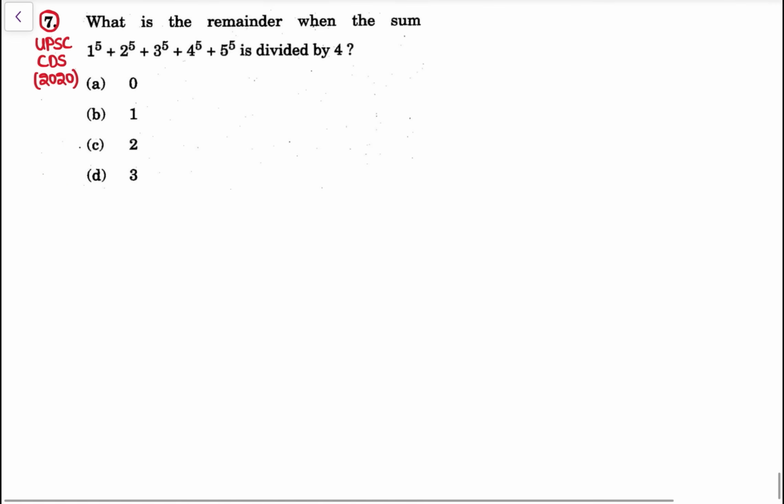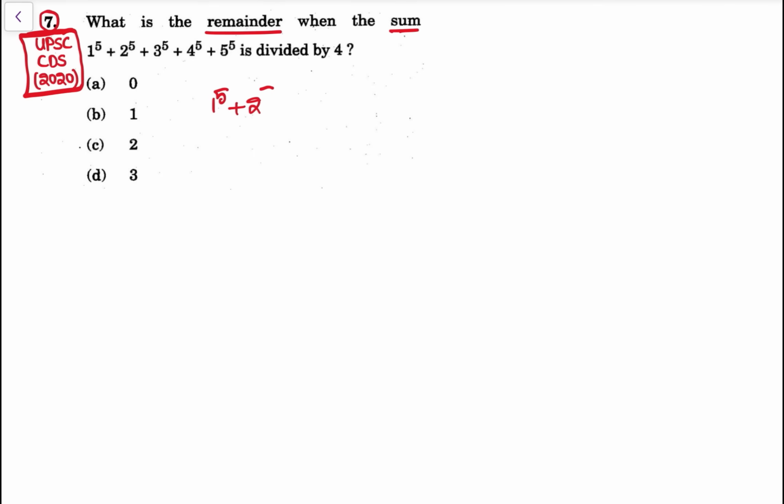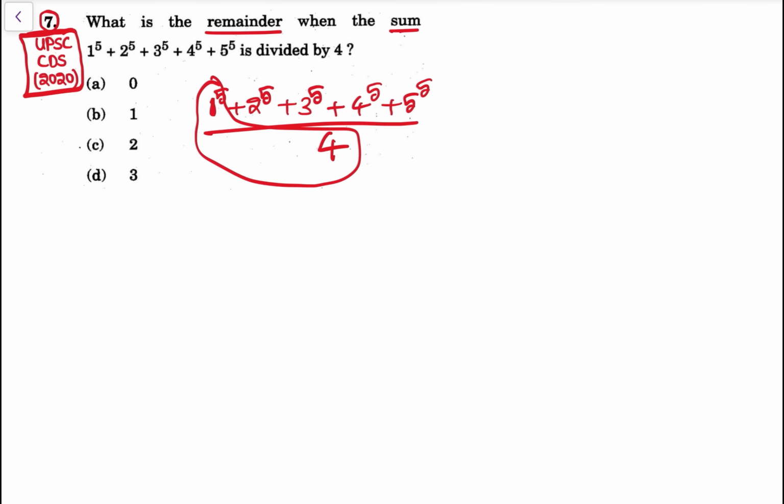See, this is again a very good question asked in UPSC CDS exam 2020. Same question भी CSAT में आ सकता है. Same as it is, क्योंकि अच्छा question है. What is the remainder when the sum, say 1 to the power 5 plus 2 to the power 5 plus 3 to the power 5 plus 4 to the power 5 plus 5 to the power 5 is divided by 4? अब देखो 1 to the power 5 divided by 4 remainder is 1, plus see 2 to the